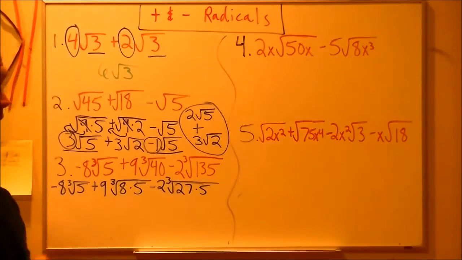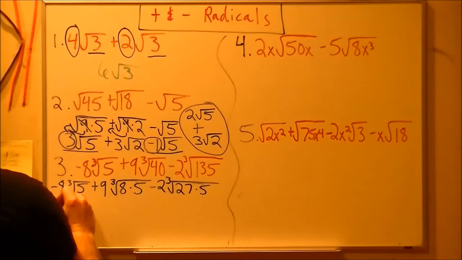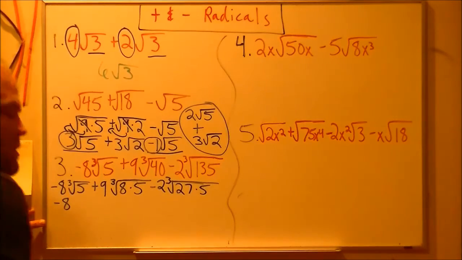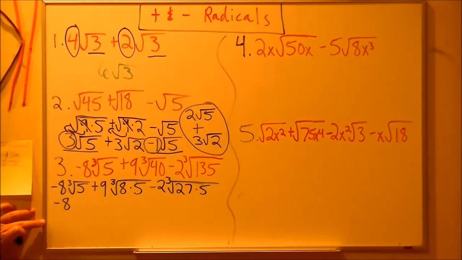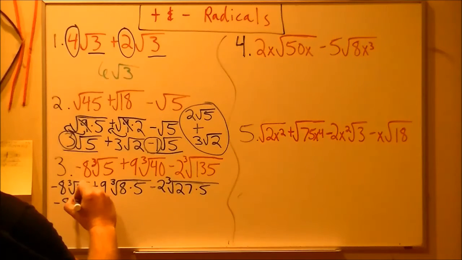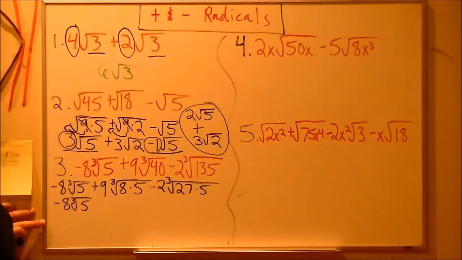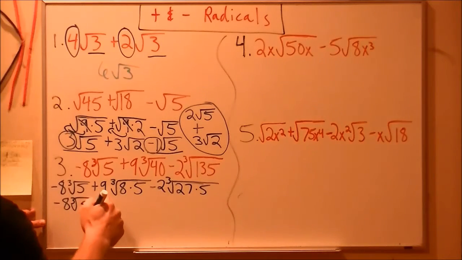Okay, let's do that next step. We already know we can't do anything with our first term. Let me get out of your way, Hannah, so you're not belly aching at me, okay? Negative 8 cube root of 5. Cannot simplify, we know that. Now this one,